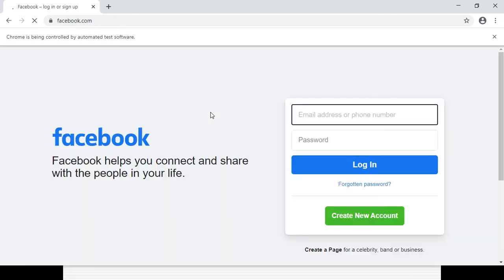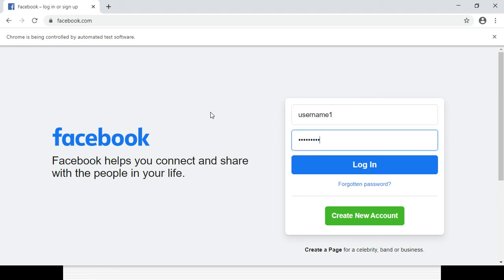So it will open the Chrome browser, open the Facebook page, and first identify the email and password fields. It will enter username 1 and password 1, wait for 3 seconds, then enter username 2 and password 2, wait for another 3 seconds, then username 3 and password 3, wait another 3 seconds, then username 4 and password 4, wait another 3 seconds, and enter the final one, username 5 and password